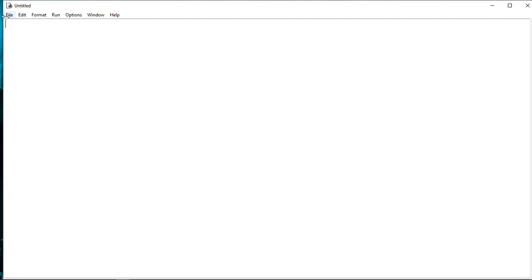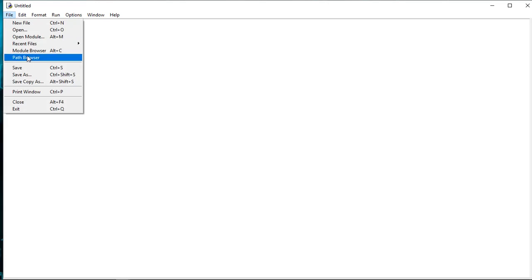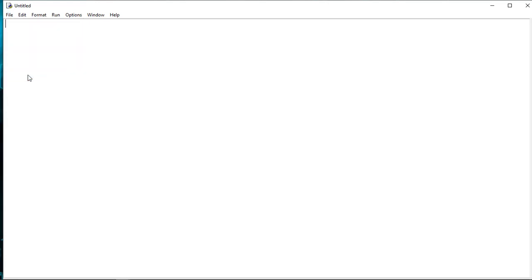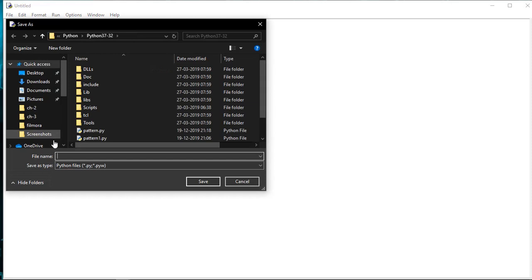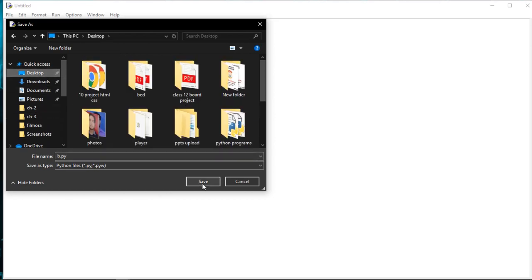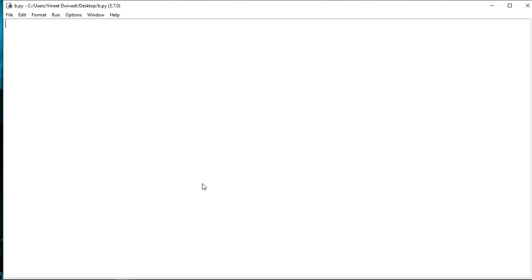Let's save it first, though you can save it later also, but right now we are saving it at the beginning. Moving to Save As, write the name of the file as b.py, and then select a location like Desktop and save it there. Now the code is saved. Whatever code we write, you only have to press Ctrl+S, because the location of the file is already saved. So let's move on and write some basic code here.